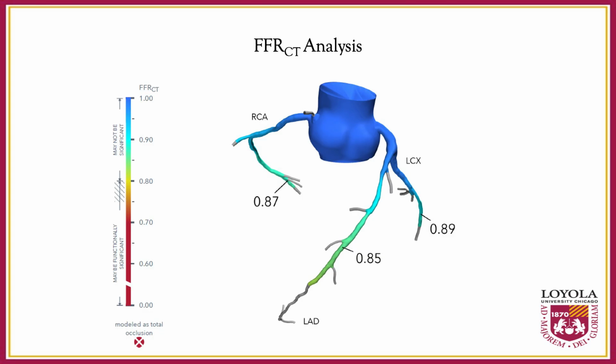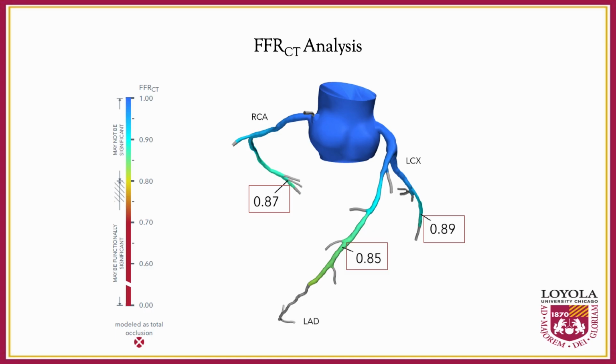So there was no lesion-specific ischemia for the RCA lesion, circumflex lesion, nor the LAD lesion, with a lesion-specific FFR CT value of 0.87 in the RCA, 0.85 in the LAD, and 0.89 in the circumflex. So with this information from the FFR CT, I was able to safely defer an unnecessary invasive coronary angiogram for the patient. Now, in order to further risk stratify this patient and to assess her residual risk, I had performed